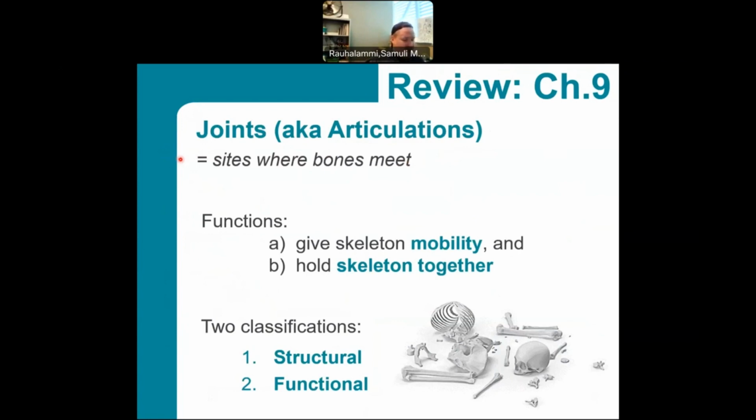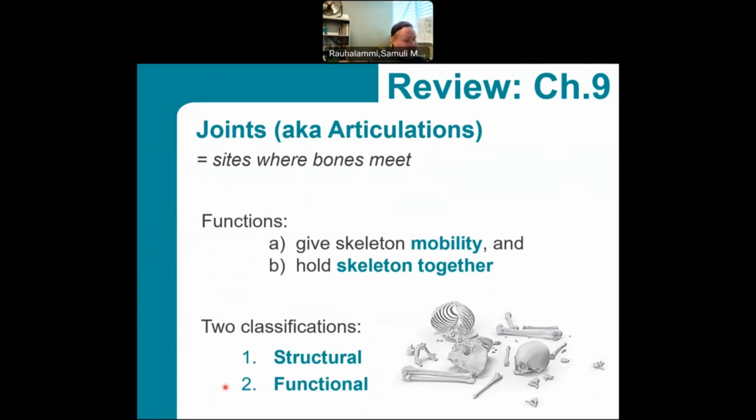Really, the function of articulations is kind of two-fold. We briefly discussed how articulations are needed for us to generate movements. So most muscles run over at least one articulation, and as the muscle tightens and relaxes, it causes a change in that joint's angle, and it causes us to have movement happening. Another thing that joints do is really holding the body, holding the skeleton, the different bones that make up the skeleton. It's holding all of those together.